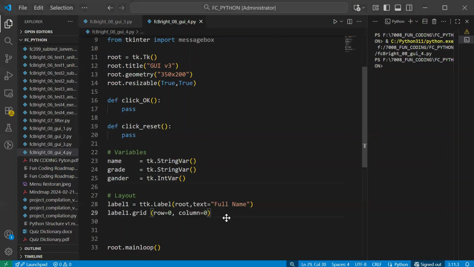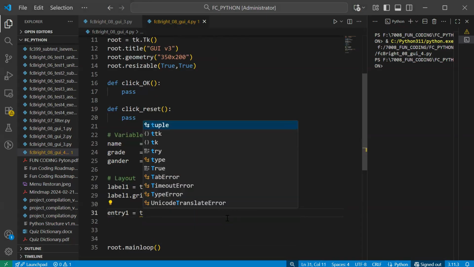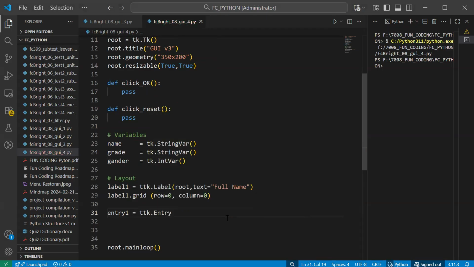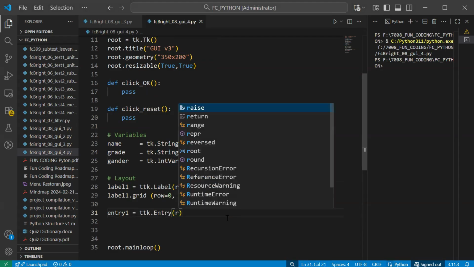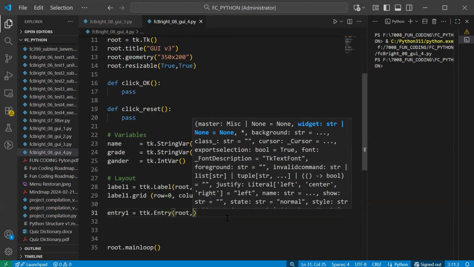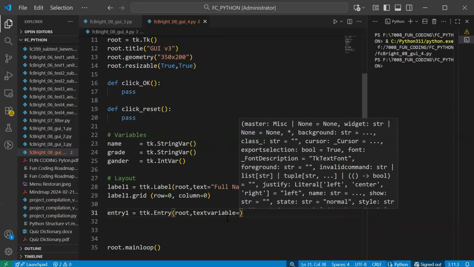So we have the label. Now we provide next to the label the entry one. We use the ttk Entry. This is to capture the input from the user. Don't forget you have to put here the variable name, so this is the text variable.